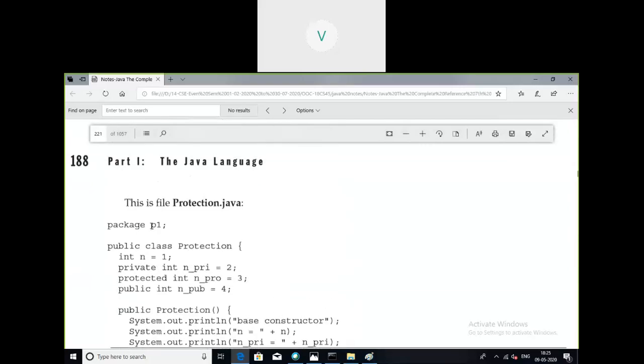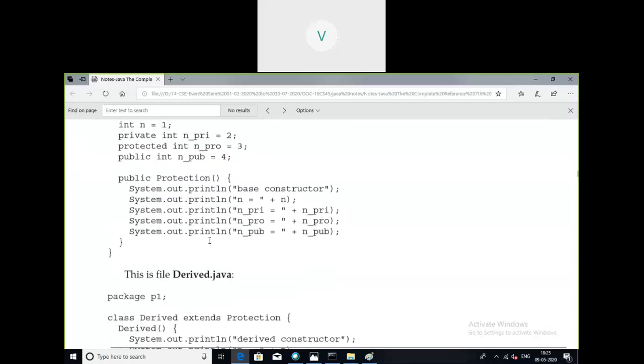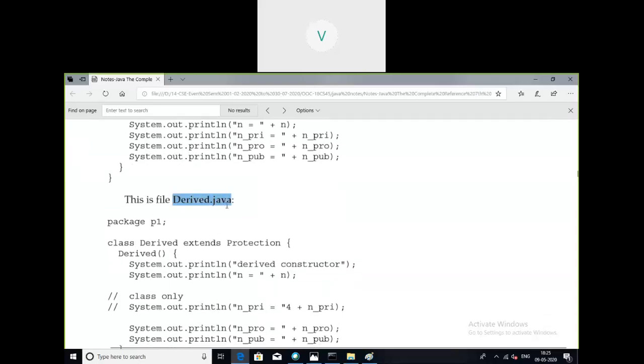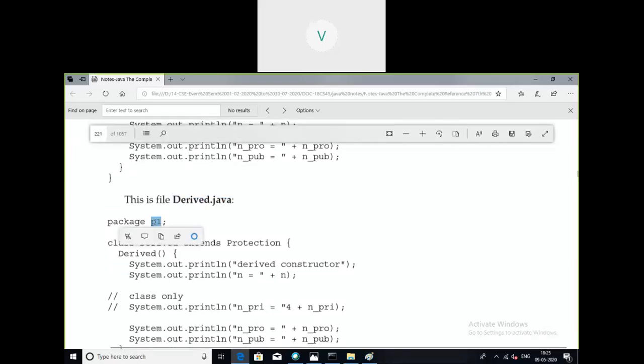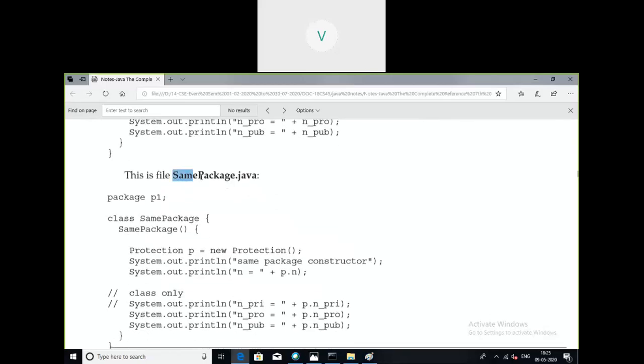The first file name is protection.java, which is present in package P1. The second source file is derived.java, which is also present in P1. The third one is same package.java, which is also present in P1.